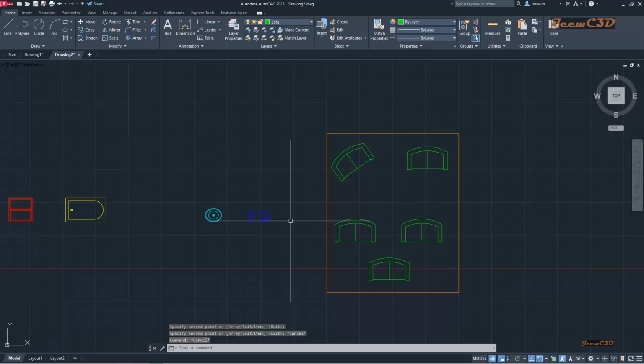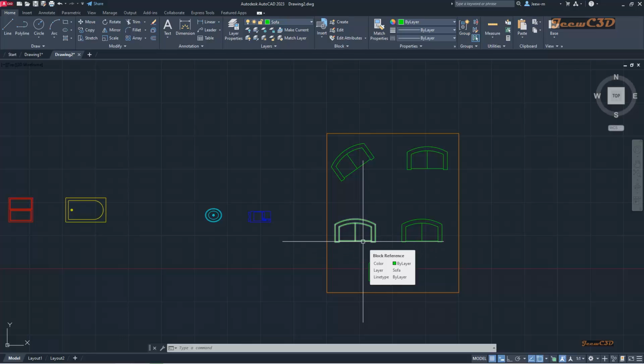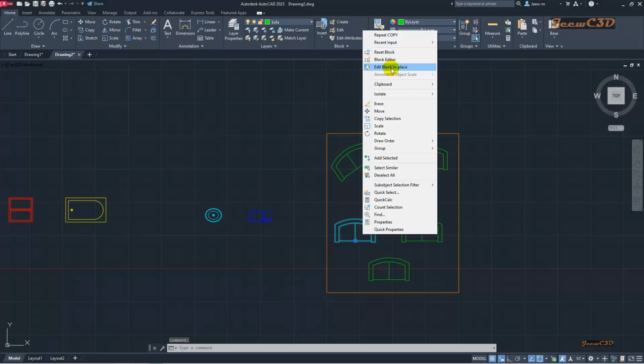Now the best thing about blocks is this: if you update the block, it will automatically reflect in all blocks. That is the most beautiful thing about blocks. So if I select this object and right click, then go to block editor,